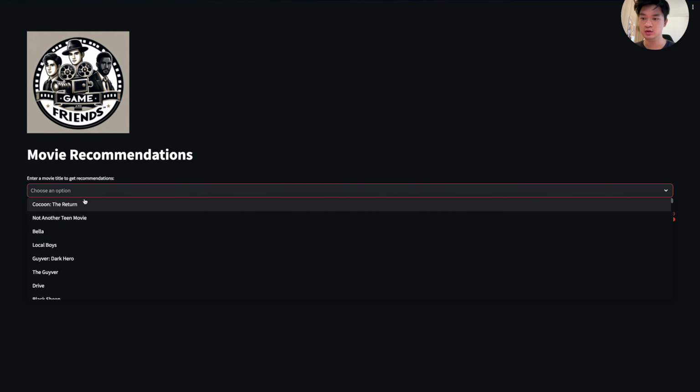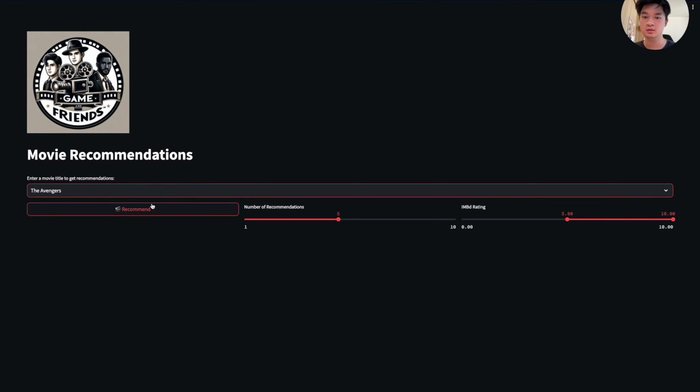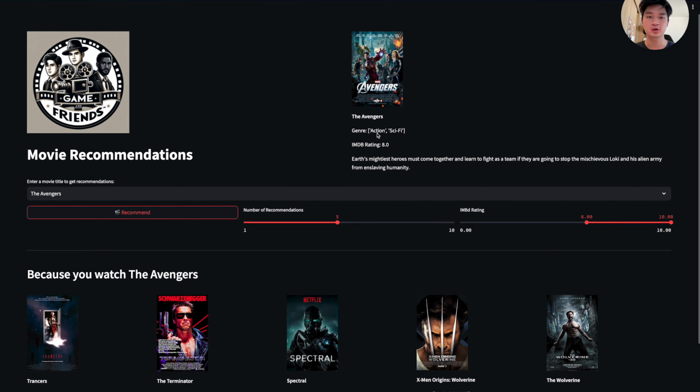So if we just enter the Avengers and then click that, we can choose the amount of recommendations. Default is 5, and for IMDb rating, we don't really want to watch a movie that's below 6, I would say. So if we press recommend, it'll show us the movie that you wanted to watch, the Avengers, IMDb rating of 8, and then Earth's Mightiest Heroes. We used the plot for this one, but also the synopsis in the background